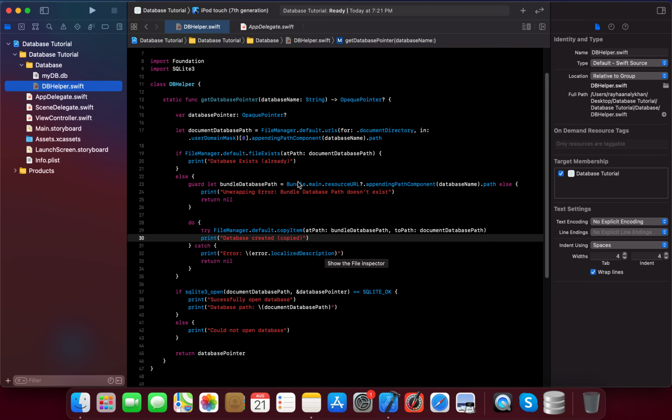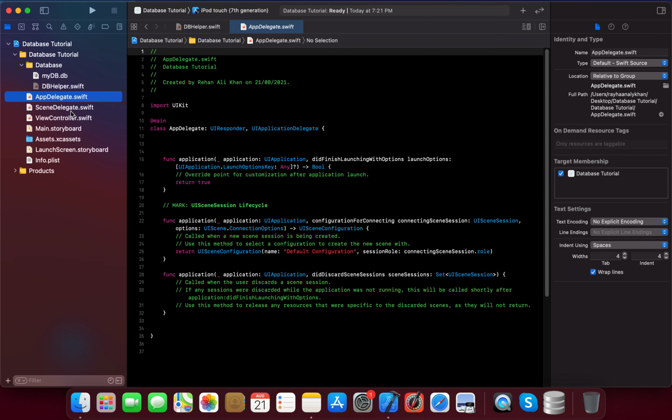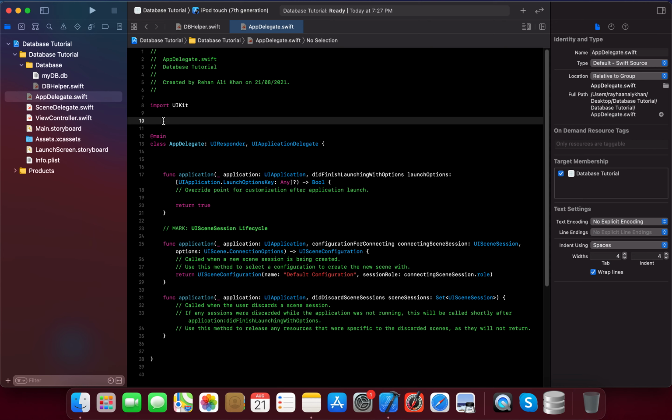In most cases, our database is used throughout the app, therefore we need to open our database in the app delegate. First of all, we need to make a global variable that will hold our database pointer. Database pointer, opaque pointer.